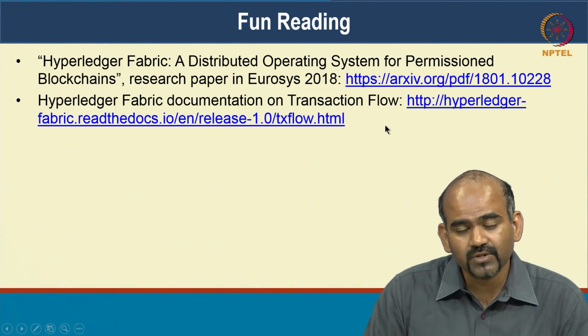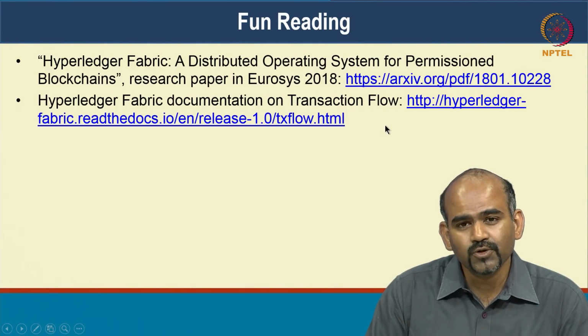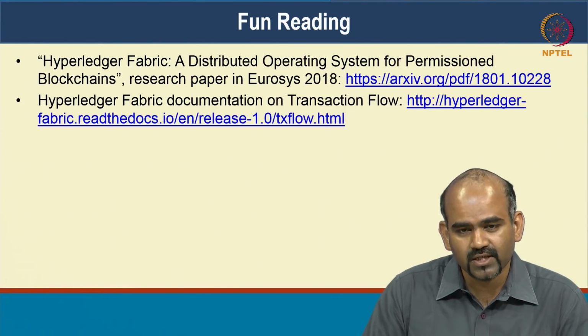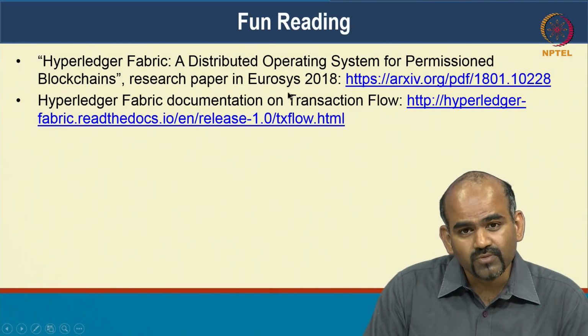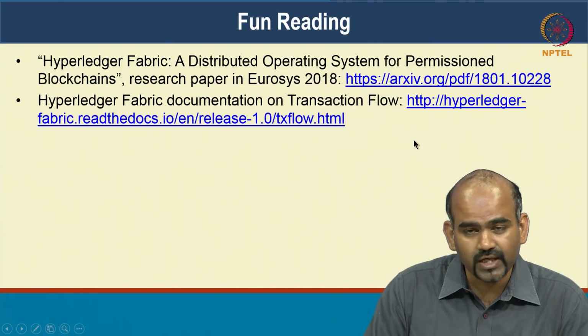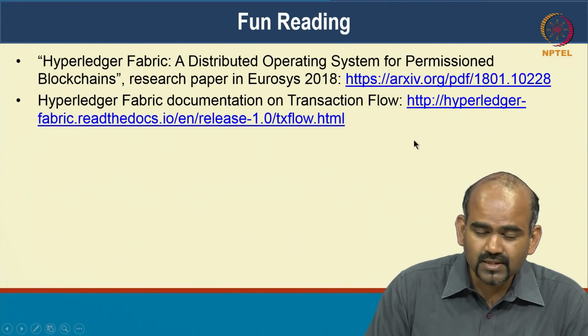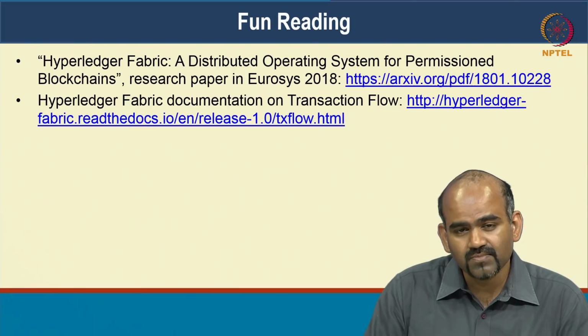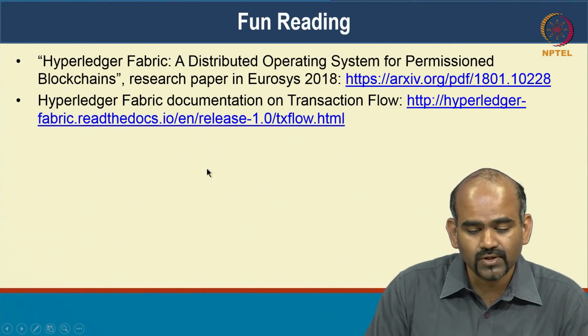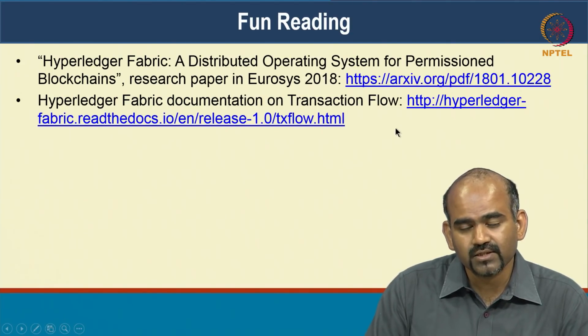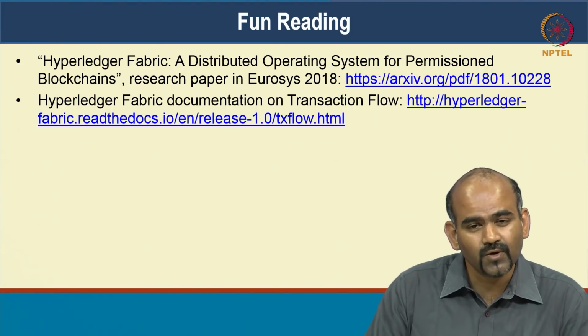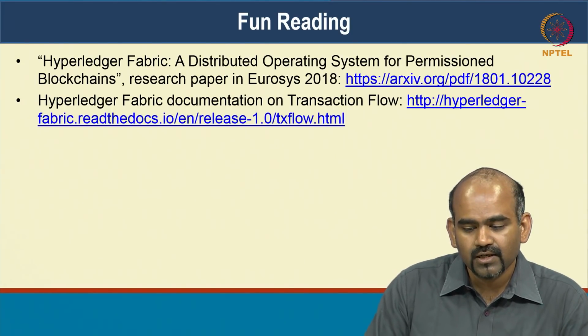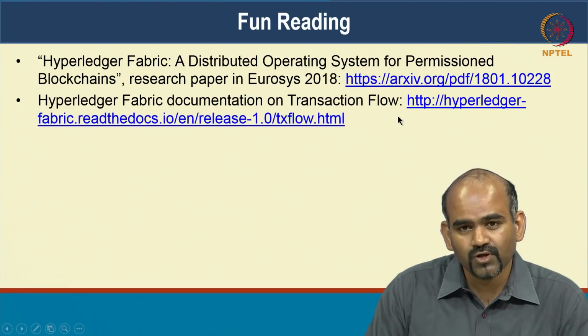I think it's a very good paper to read to help you motivate some of the requirements from enterprise applications and why we architected Hyperledger Fabric the way we did. And extensive documentation for Hyperledger Fabric, and specifically on its transaction flow, is available online. It's getting continuously improved with a lot of examples as well. So you can go look at the documentation. It'll give you a detailed explanation of how exactly all of these steps are happening. And I encourage you all to go through that.